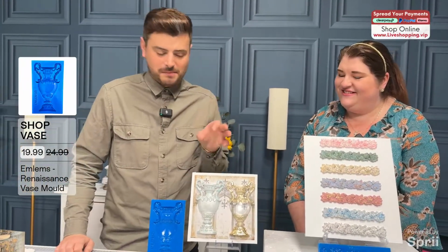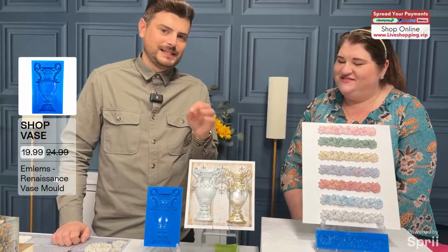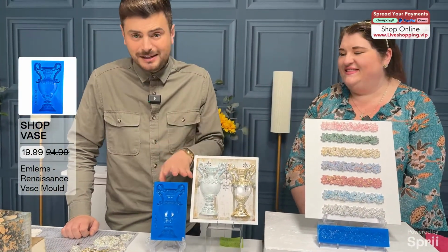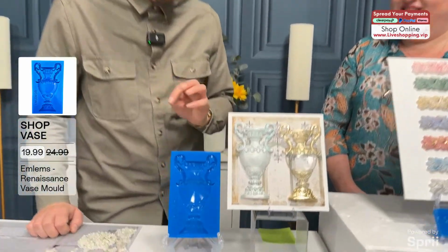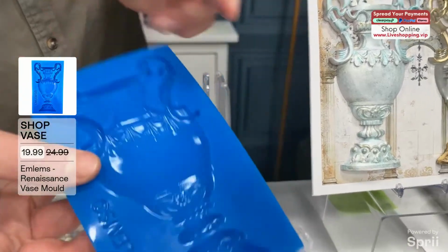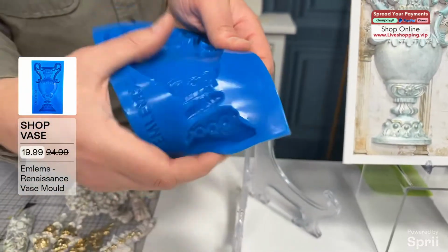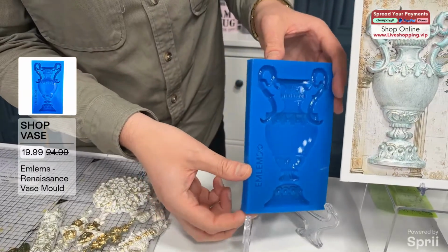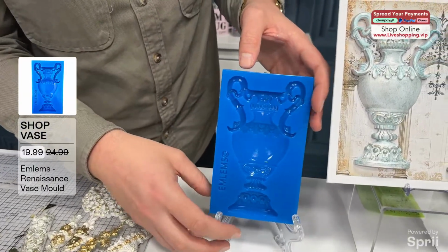With this, it is Shop Vase. It's just £19.99. You're saving £5 on this mould as well. It's an incredibly sized mould. It's a really, really big mould. It's a great size. You could just put that in a frame on your wall, and it would look so stylish and beautiful. So again, with that, it is Shop Vase,